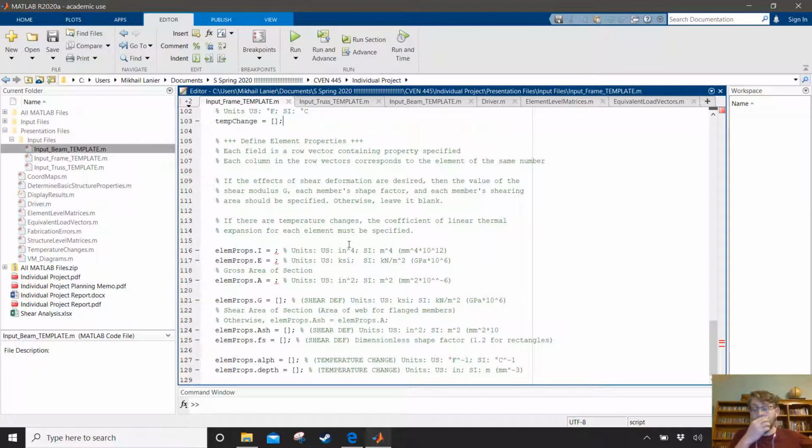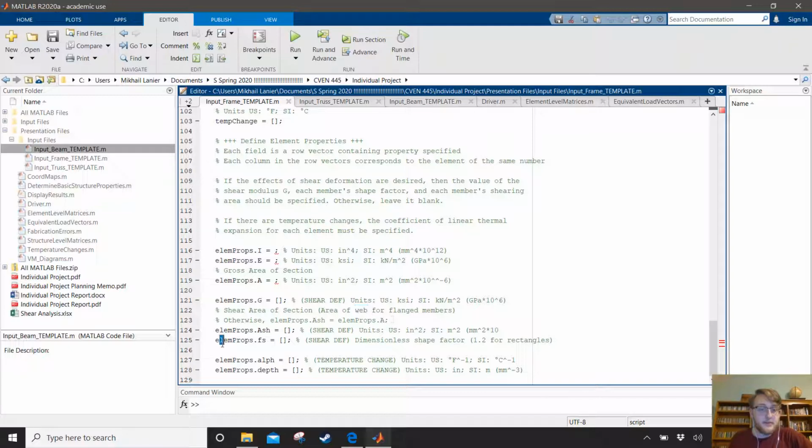Down here, we have some new element properties that are needed in order to implement these new special topics. For shear deformations, you have to specify the shear modulus of each member. And once you do that, that is an indication to the code that you want to include shear deformations in your calculations. Additionally, there's this new value, A shear, which is the shearing area, which is different from the gross area of the section. And this just allows for some more accurate analysis of wide flanged members, so like the W shapes in steel, where the web is the only part that's actually resisting that